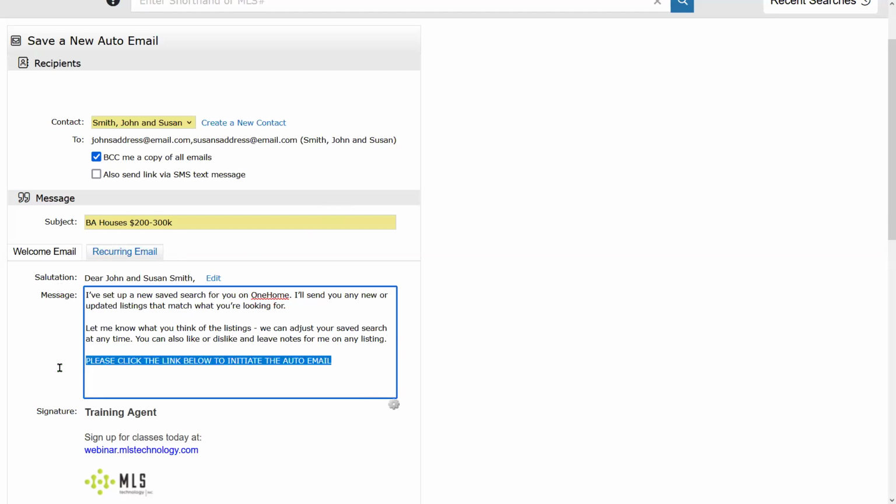Because it doesn't have to be this obnoxious, obviously, but I do want to reiterate: when they receive this the first time, they actually have to click on that link that says view listings in order for it to work at all. It literally won't send them any more emails if they have not clicked that first link. If they do click the first link, they will continue to receive emails, and that'll come under this recurring email